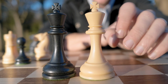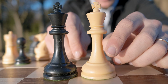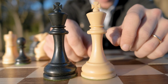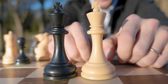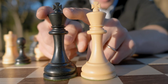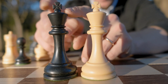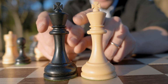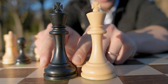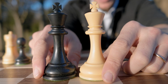Alrighty, my friends, let's go ahead and take a quick look. These are the 3 7/8 of an inch king with a really nice, unique looking finial on top of these Zurich series plastic chess pieces. These are quite nice pieces with a fairly broad top right over here, and still somewhat of a rounded edge, as we've seen in the previous chess set that I've shown, with three rings on top here, and a fairly normal looking base. Not a whole lot that sets these pieces apart from a lot of the other chess pieces that we've seen,